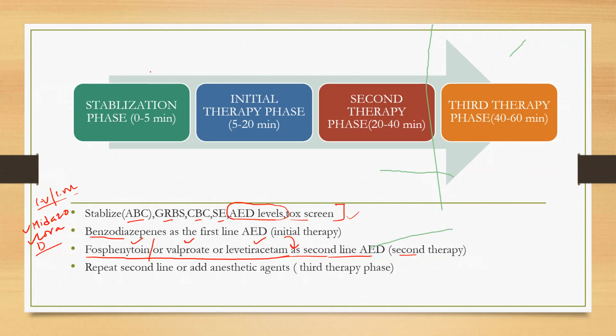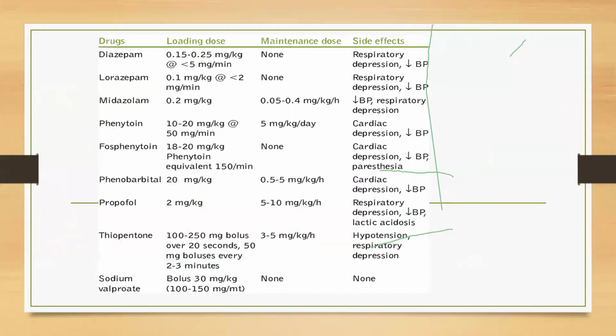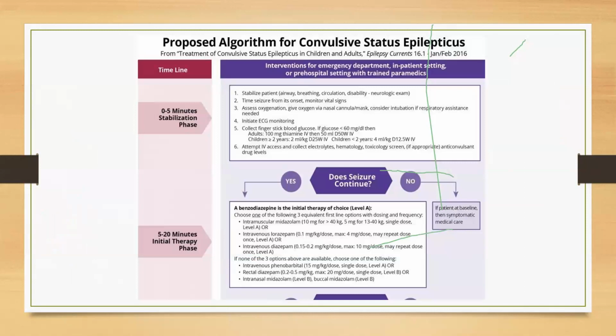So the first 5 minutes is basically stabilizing ABC and collecting the samples. In the initial therapy phase, you give a short-acting benzodiazepine. Second therapy, you start giving a second agent. And after this, you go for infusions and anesthetic drugs. So these are the drugs. We'll come back to this. So this is the treatment